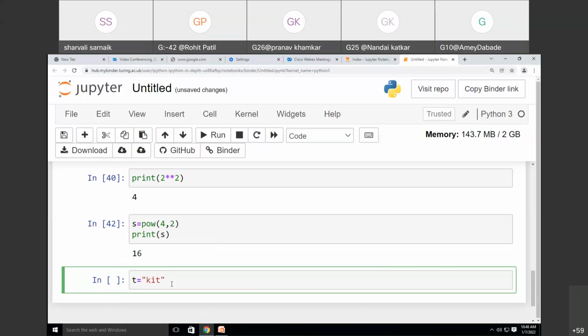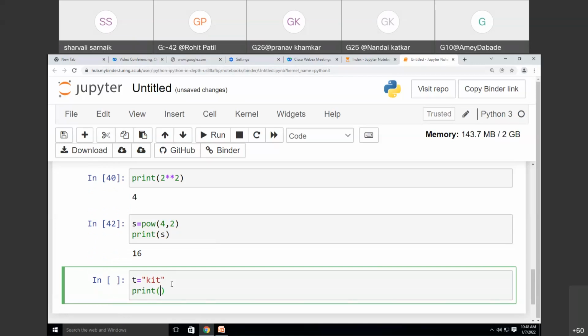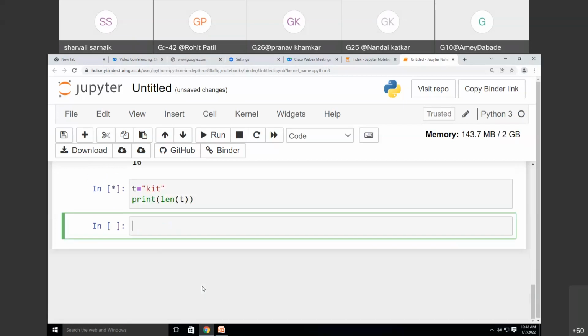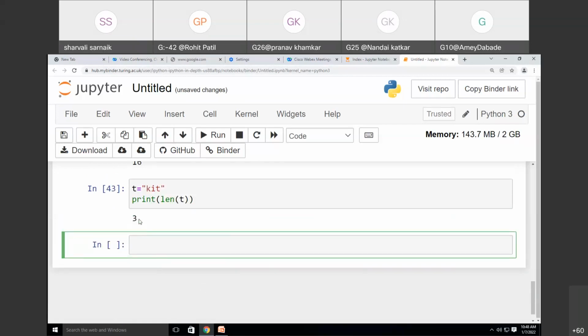Now in the print function, I am writing length of t. See how I have written length of t, that is LEN. LEN indicates length. When I run this code, I am getting the output as 3. Why 3? Because the length of KIT is 3. There are 3 letters, so it is giving me an output of 3. So here I have written print LEN of t, which means KIT has 3 letters, and it is giving me the length.